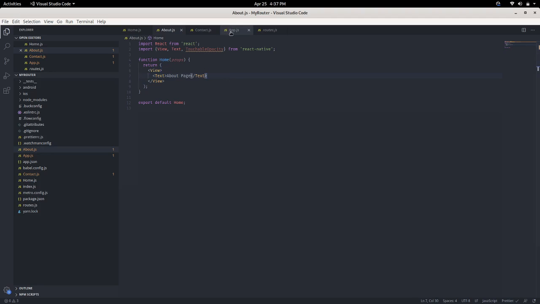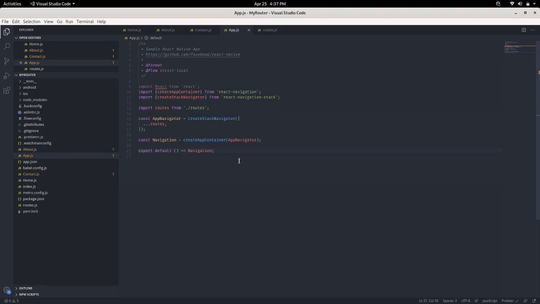I think our app is running. If you want to add a provider or anything, you can wrap the app navigation like this, or use a View if you need something on top of the navigation.